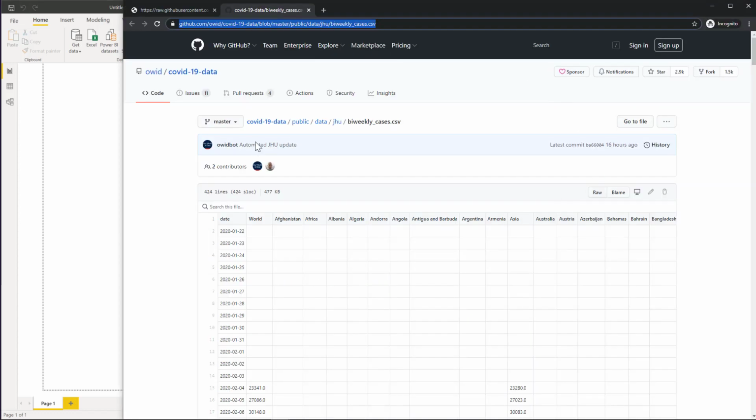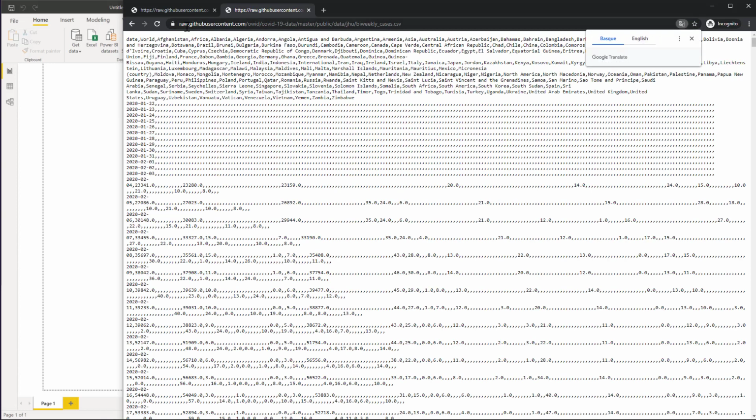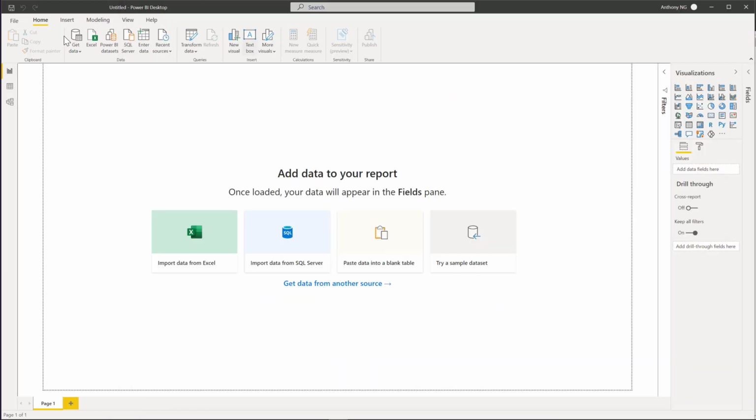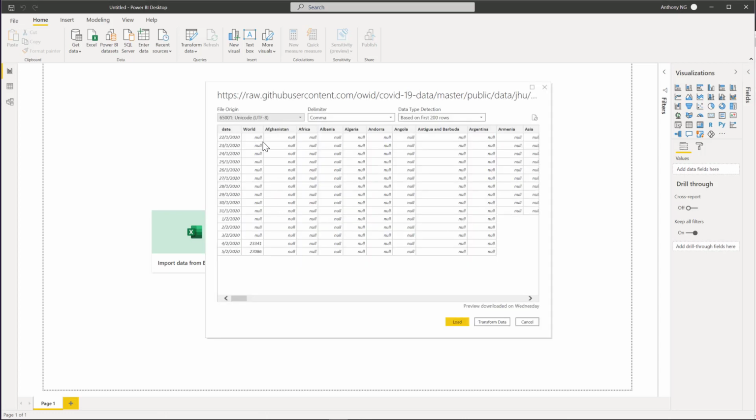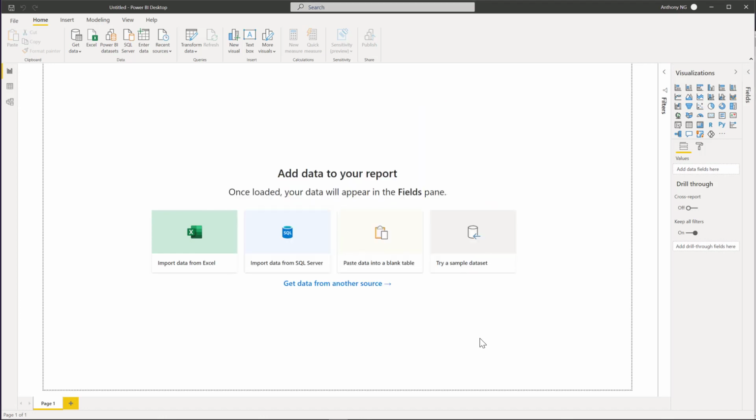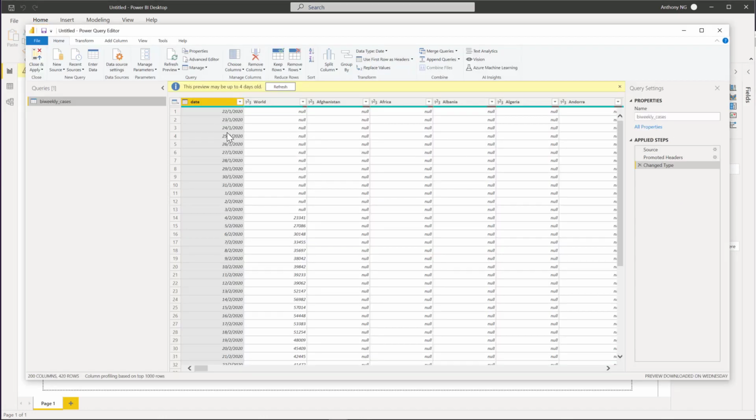Essentially, when it comes to GitHub data, you have to actually access it via raw. If you access via raw, you copy and paste this URL here. We'll notice that it says raw.githubusercontent.com followed by the original URL. Come back to Get Data via Web, put in your data, notice that it's raw.githubusercontent.com, and click OK, and notice how the data comes through in a tabular format now. So you can actually click Transform Data and examine your data as you usually do.